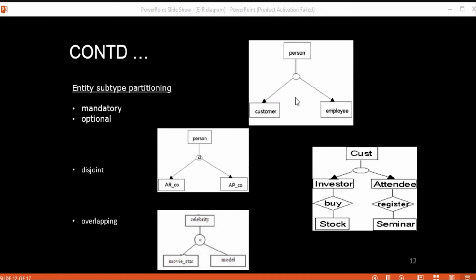The difference is that in the mandatory case, the database person demands that the person be classified as one of the subtypes, and in optional, the database user will allow a person to be created without classifying the person as any subtype. Is the difference between mandatory and optional clear? I hope it is clear.